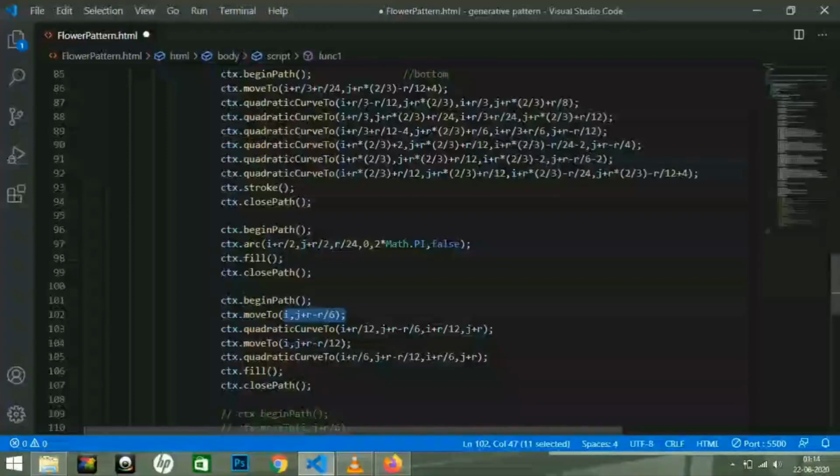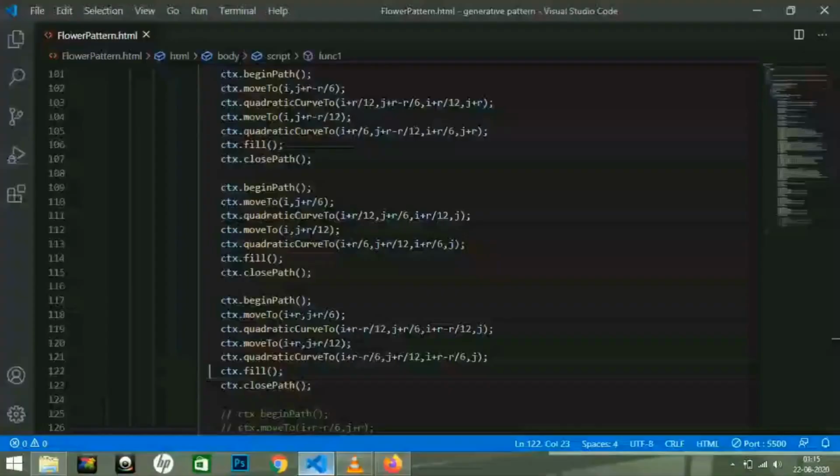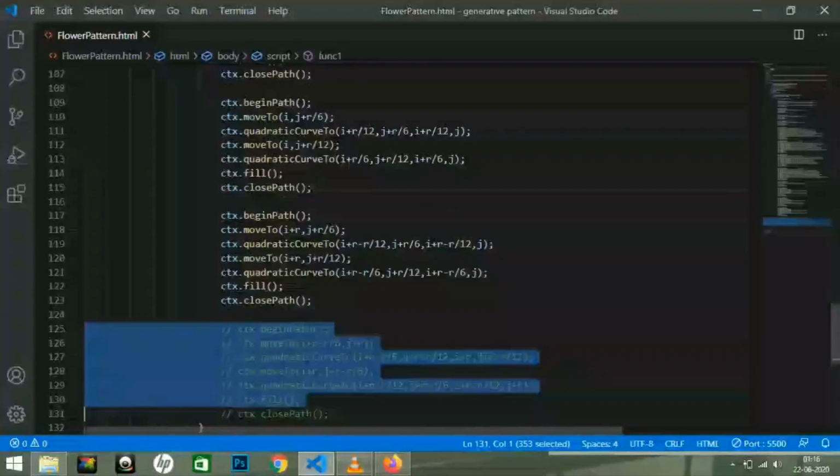So, uncomment the code, save it and see the changes in the browser. Similarly, I have written the code for all the other three corners. So, uncomment the changes, save it and see the differences in the browser.